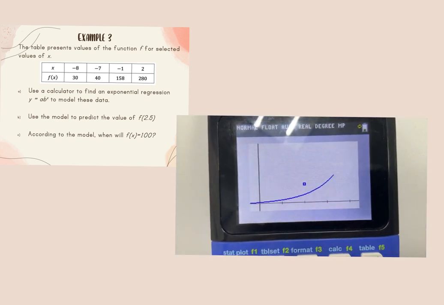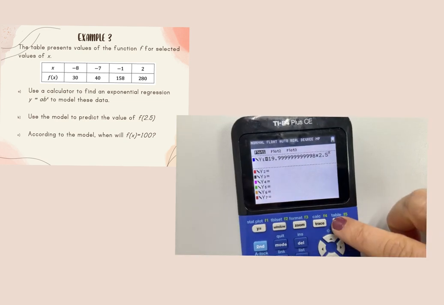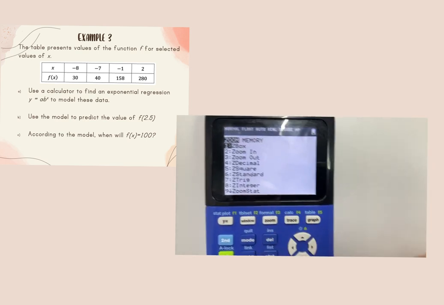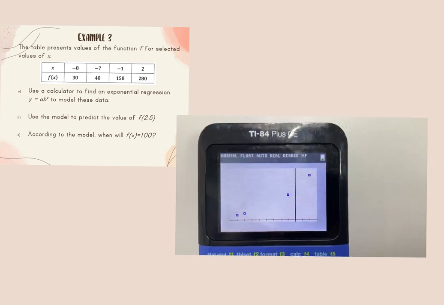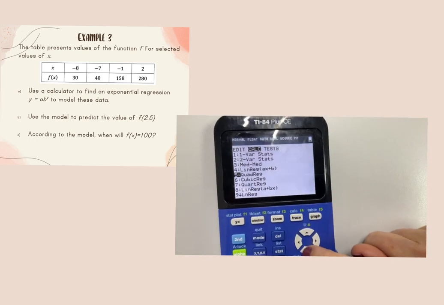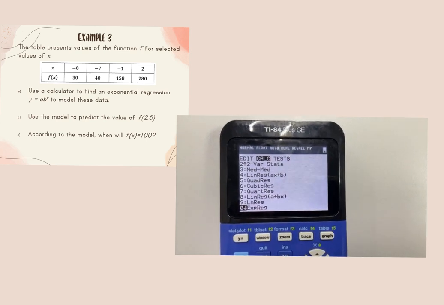Oh, I've got something in there already. Hang on, let me clear it out. Okay, remember I go to Zoom 9 to get all the points graphed in the same spot. So it looks like it's exponential, okay? But this time it even told you that it's exponential. Now I want to find the exponential regression model. So I'm going to stat, going over to calc, and it's 0. You don't see it on the first screen. If you type 0, it will bring you right there. It says EXP